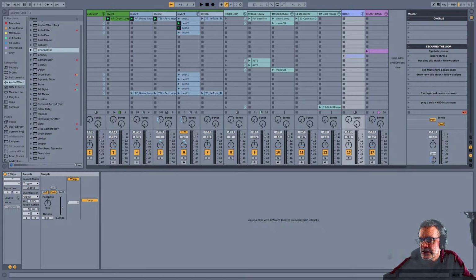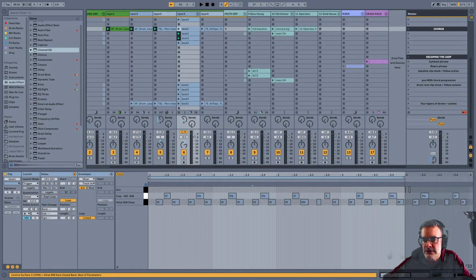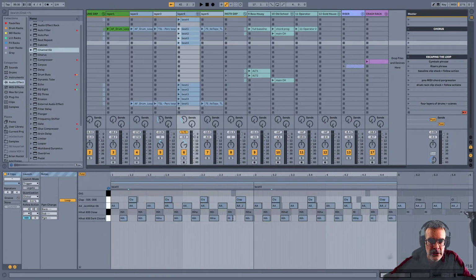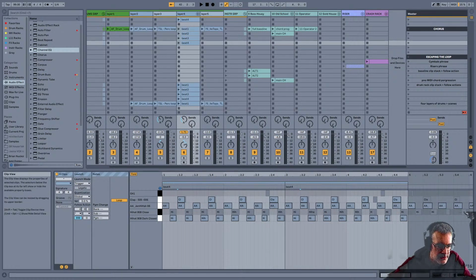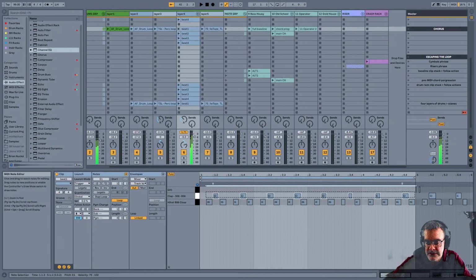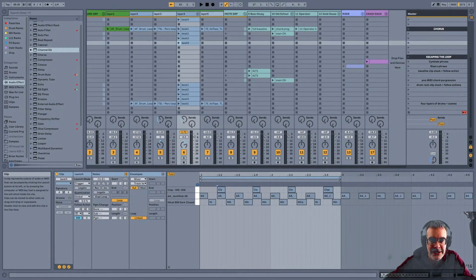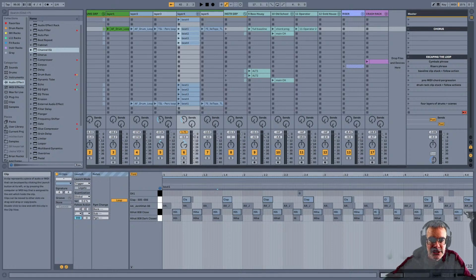I'd like to move on to a drum rack with follow actions. In case you don't use follow actions a lot, here's what I would do. Select all these clips and, in the follow action, put in the number 4 over here for the duration of the follow action time. That means each clip is going to play for 4 bars. And you can see these are 4 bars of MIDI. So all those 4 are going to make a 16-bar phrase, and it's basically going to change to a different little